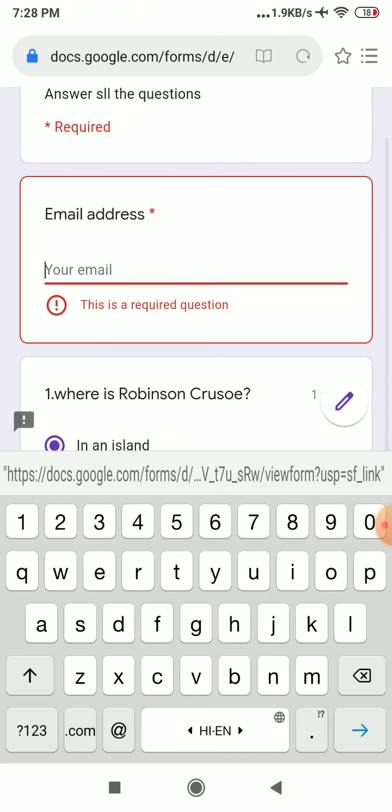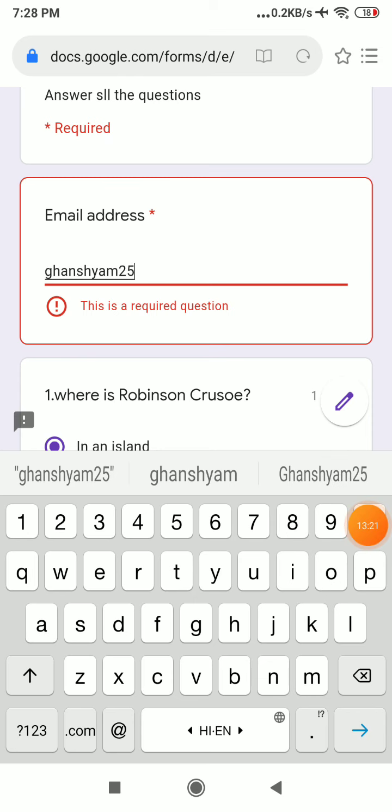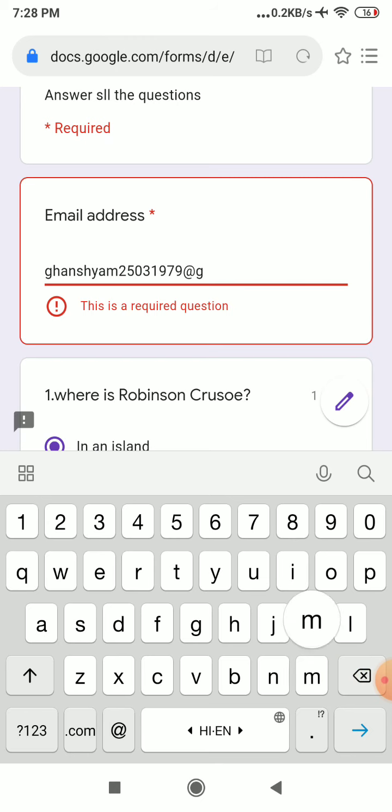Then what is written here? This is required. That means email ID is needed. Then the email ID is to be given. Suppose I am writing Ghanshyam, SHYM, Ghanshyam 2503 03 1979 @gmail.com.